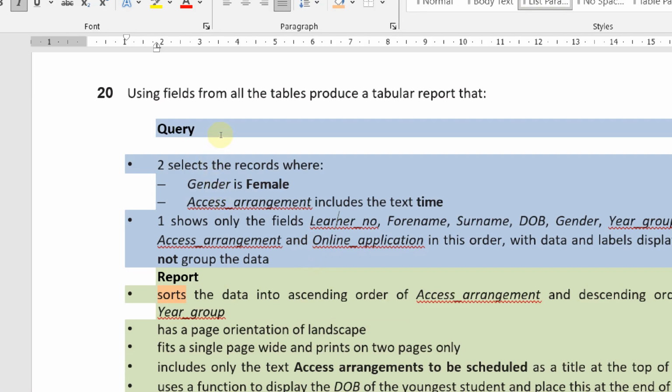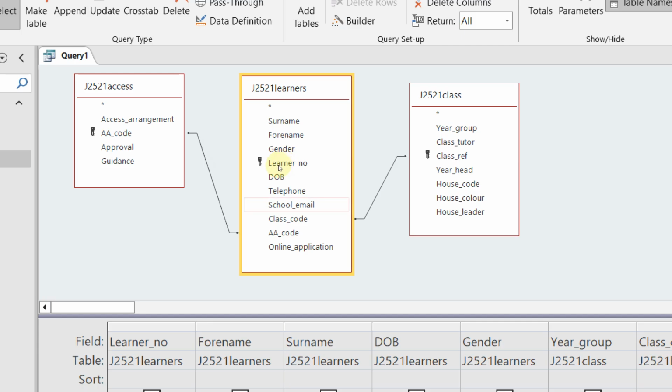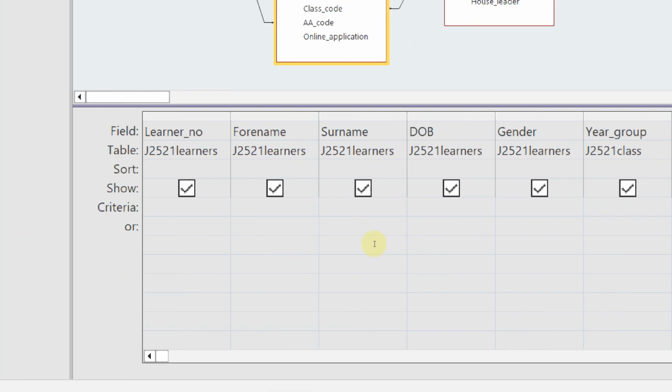After we finish with step number 1, let's do selecting the records. Let's do filtering and put some criteria. First, gender has to be female. So let's find the gender column here. This is gender. And you can see that we have criteria